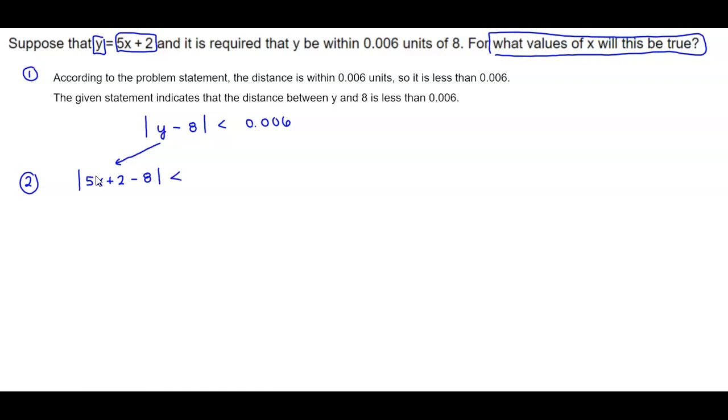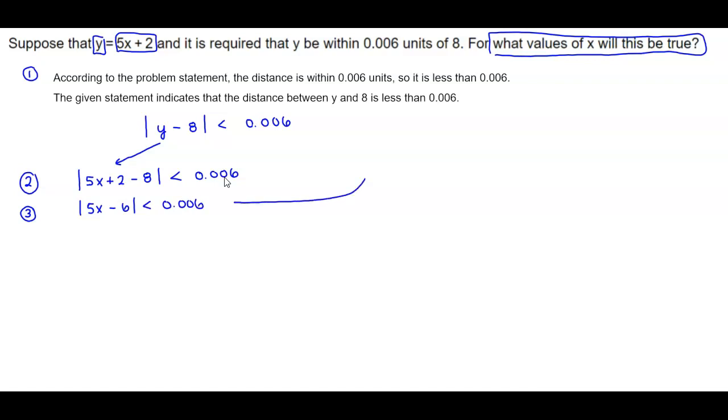And that's going to be less than 0.006. So now let's simplify what's inside the absolute value. We have the absolute value of 5x, well, 2 minus 8 is minus 6, and therefore that's going to be less than